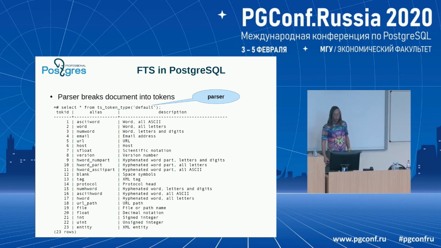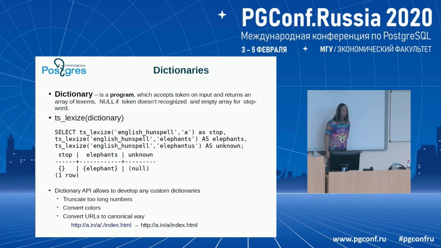Actually, people are asking why so many? We only need words, but actually, people, life is bigger than that. Sometimes we want more. People start indexing XML tags, for example. You have this. A dictionary is a program which accepts a token on input and returns an array of lexemes. And there is a function tsLexize that shows this. So just an example here in front of you. Elephant. Now and so on and so forth. And dictionaries,